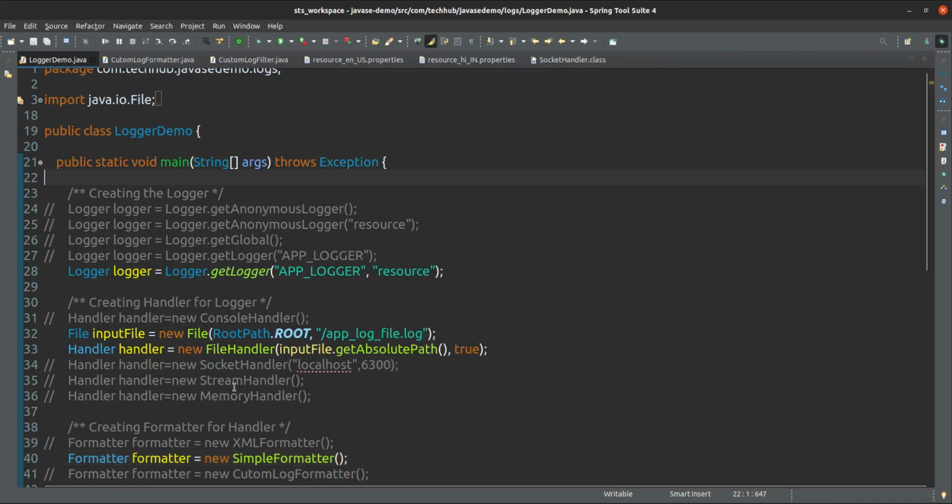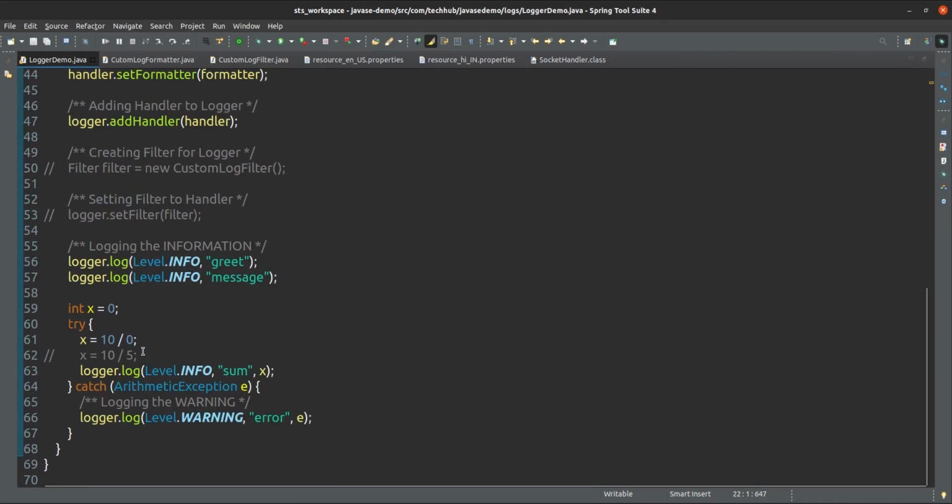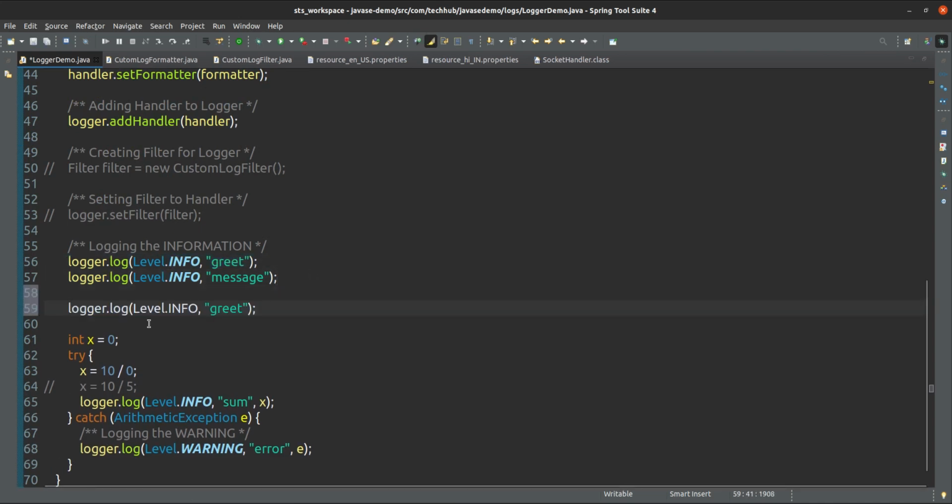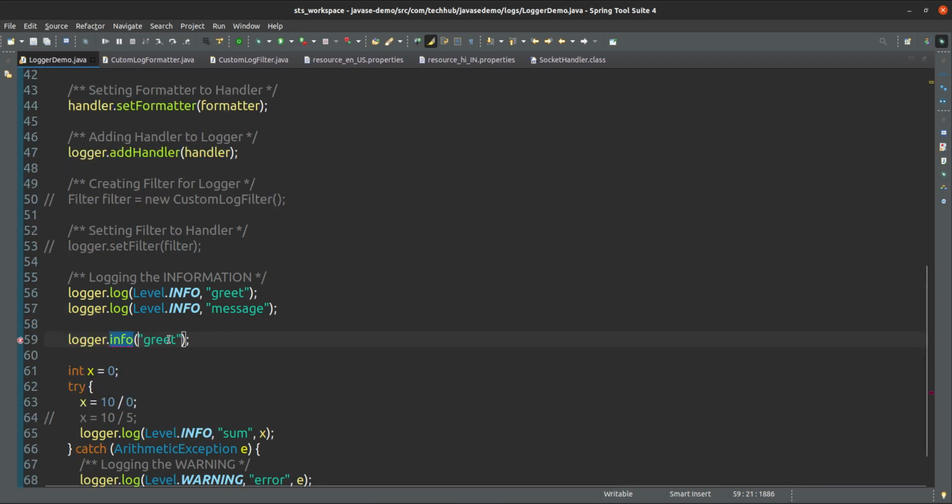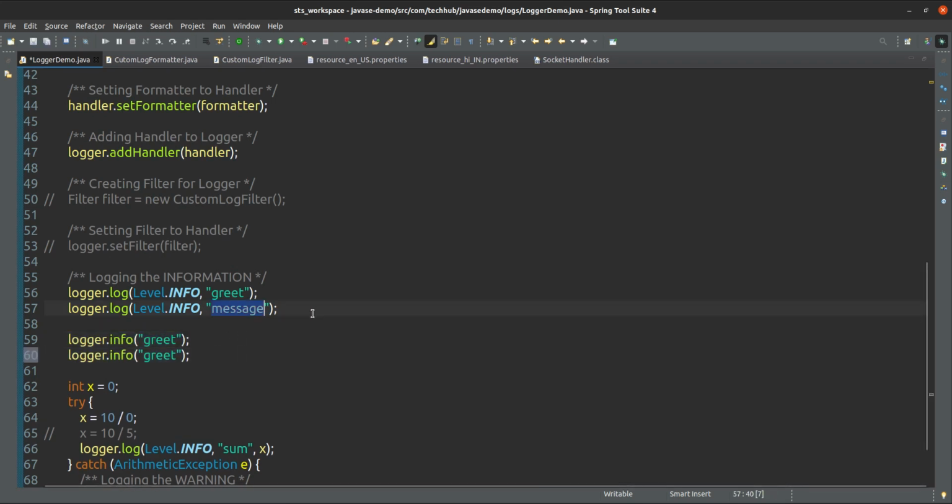Suppose here we are logging this info. So we can use info directly here, and in that case we no need to give the level. That is also fine, because this method is for info level log only.